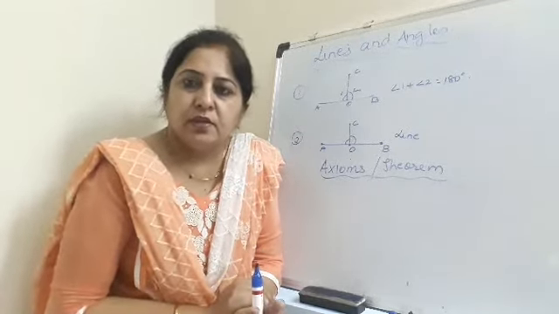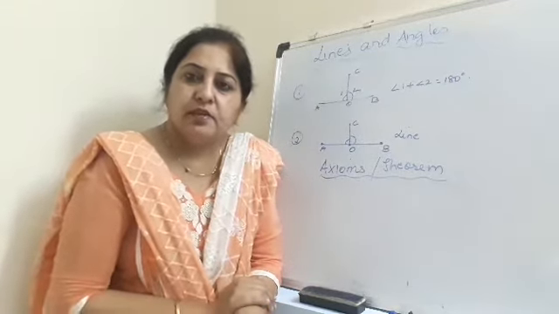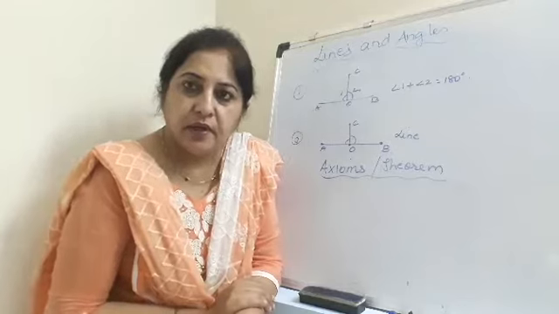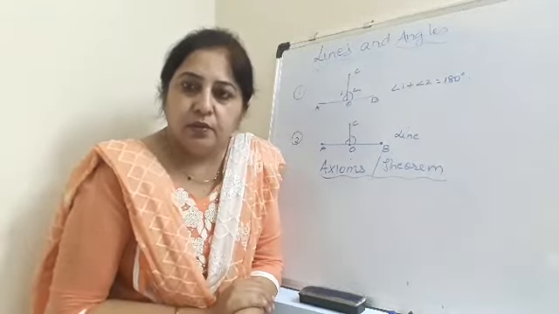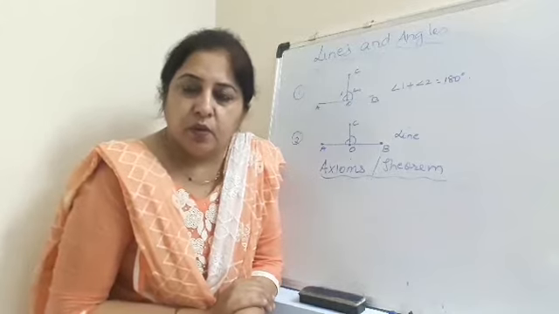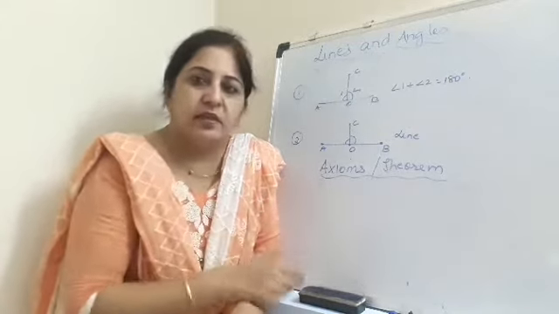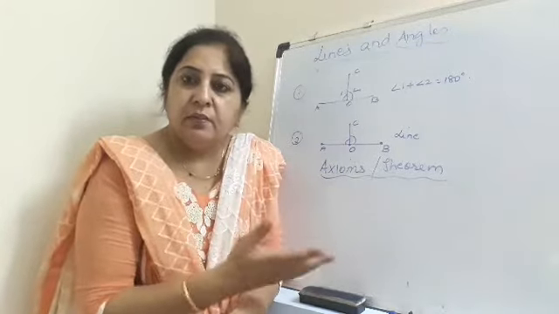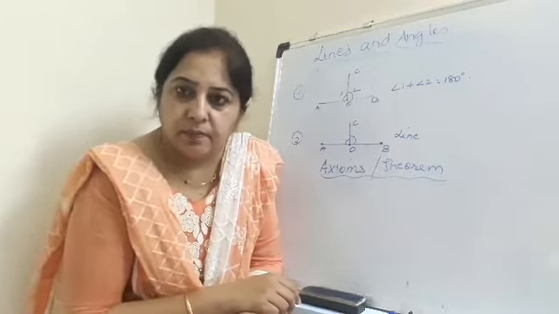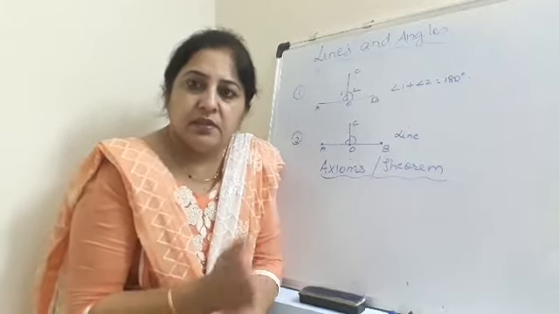Yesterday I taught you some basic concepts of geometry, then some definitions and properties I told you to write in the notebook, right? Now, today I will tell you the meaning of axiom and theorem, what is the difference in the two, and which axiom and theorem we are going to discuss here, and then we will begin with exercise 6.1.